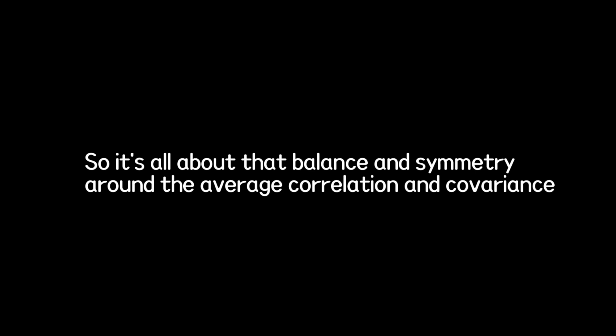Yeah. Now, correlation and covariance, they both describe how variables move together. But what's the practical difference for us? They both tell you about the relationship, but in different ways. Covariance just shows you the direction. Do the variables tend to increase or decrease together? But it doesn't really tell you how strong that relationship is because it depends on the scales of the variables.